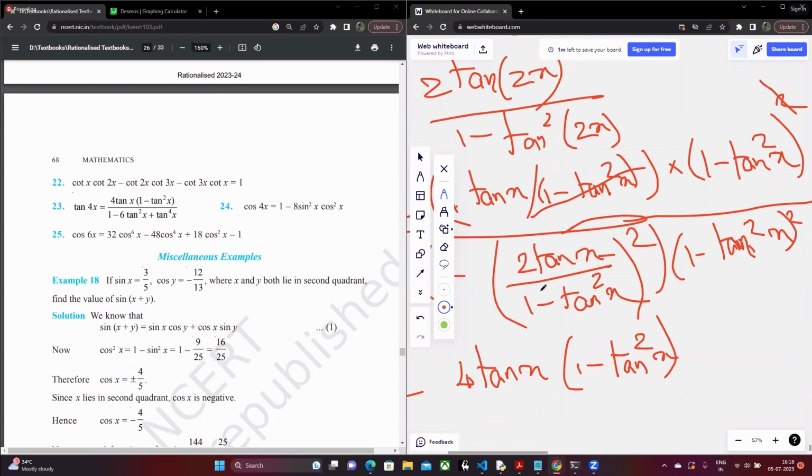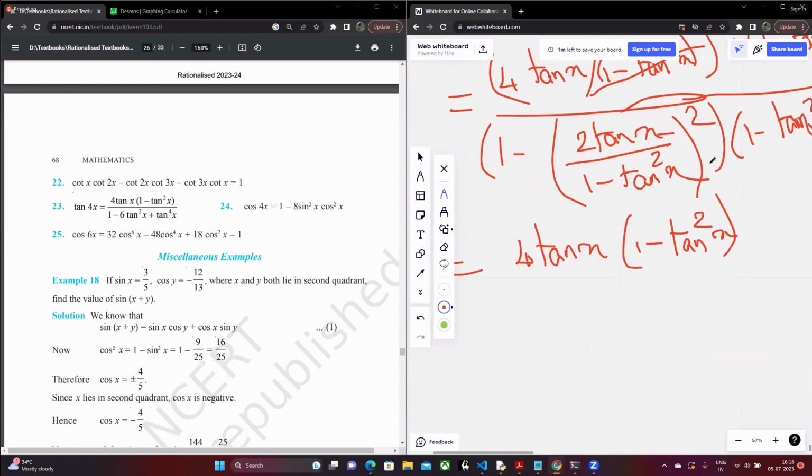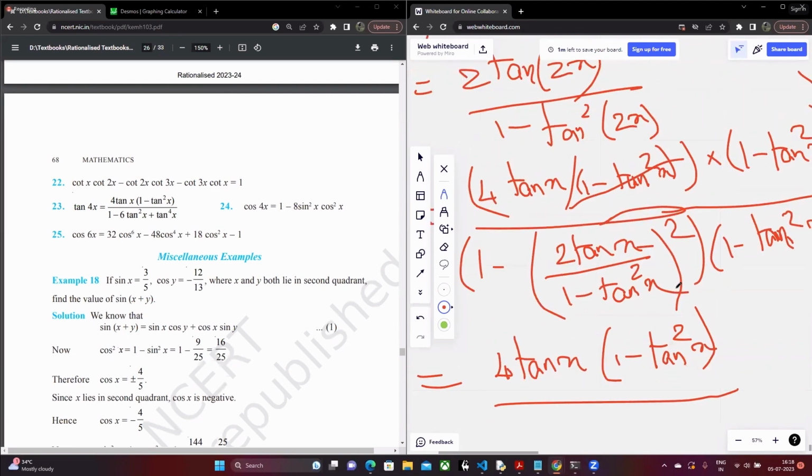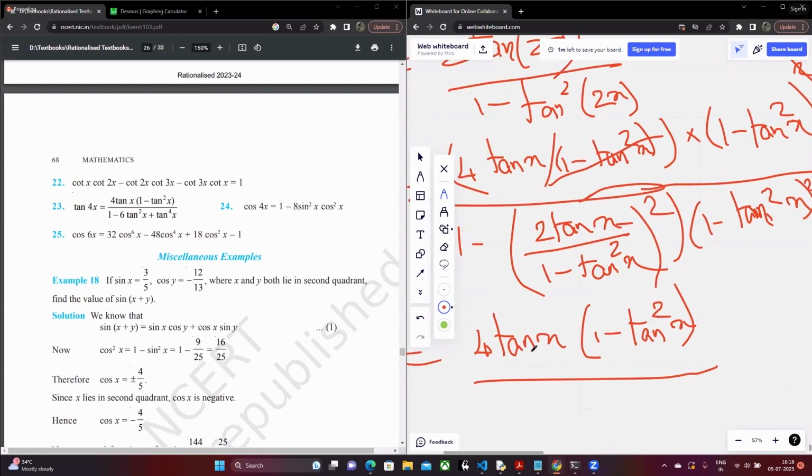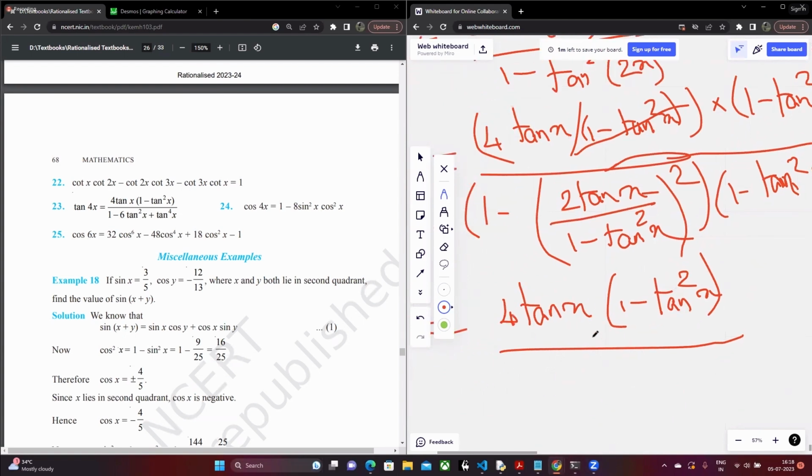So you have 4 tan x into 1 minus tan square x on the numerator, while in the denominator, you basically have 1 minus tan square x the whole square